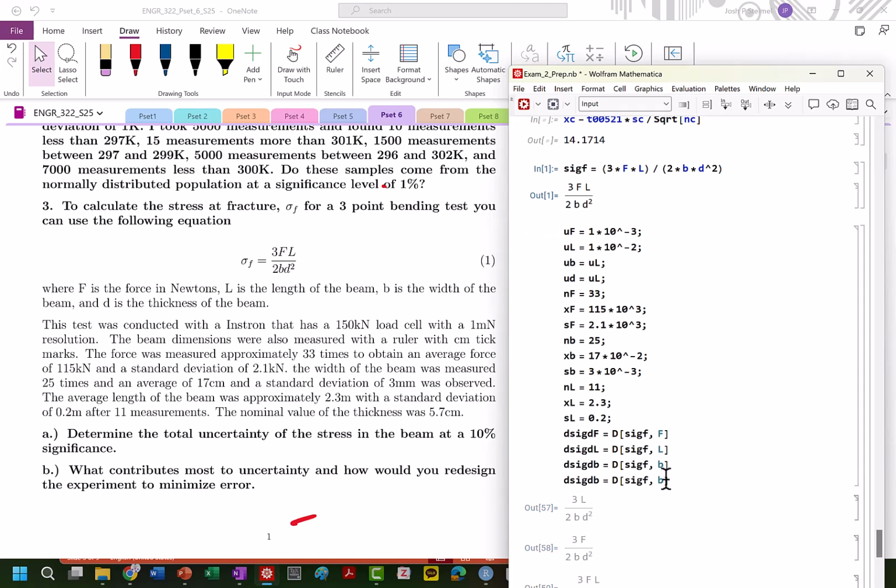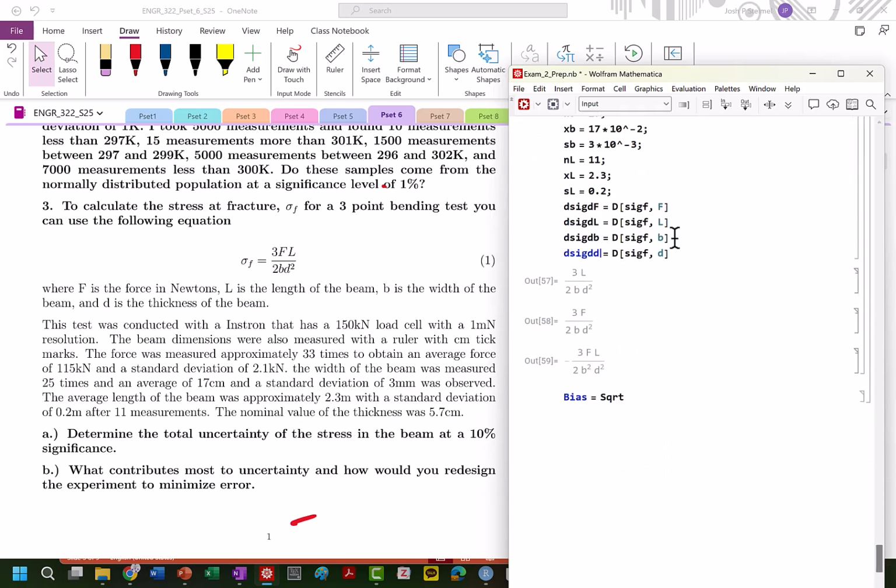Once I see that this is working, I'll hide that. I'll suppress the output just with my semicolon. Good. Always good to double check your partial derivatives. Bias is equal to square root of, so d sig df times uncertainty in f divided by sig f. I'm going to square that, do a plus, and now I'm going to copy and paste this